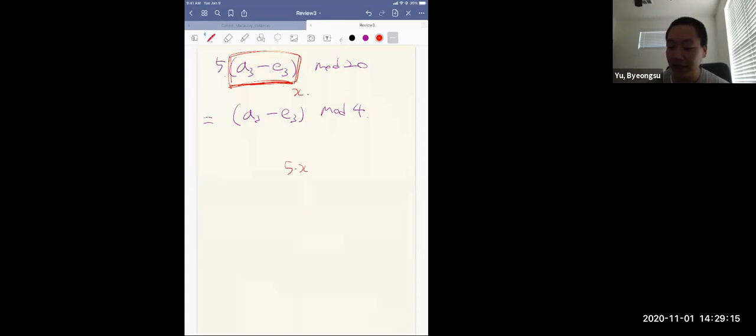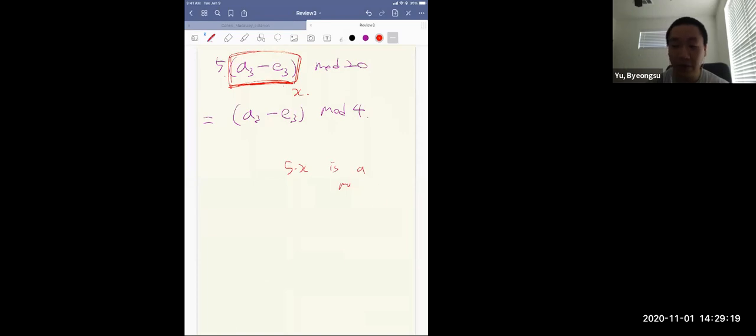So how are you getting mod 4? Okay, so let's see this example. Say 5 times A3 minus E3 mod 20, and I just want to show that this is the same as A3 minus E3 mod 4. To see this, you can think about it as some number, right? Here A3 minus E3 is just some number. We don't know what the number is, but just some number x. Then if 5 times x is a multiple of 20,